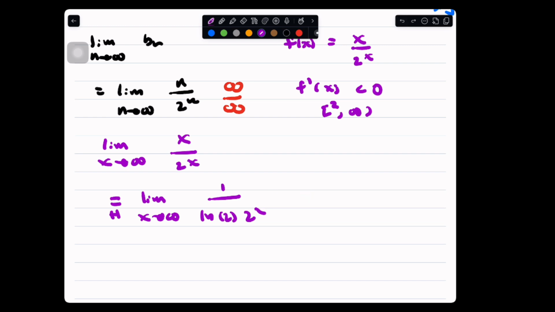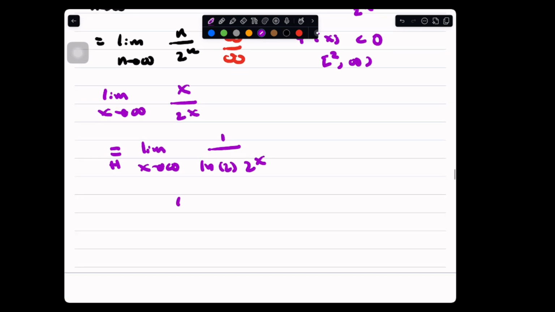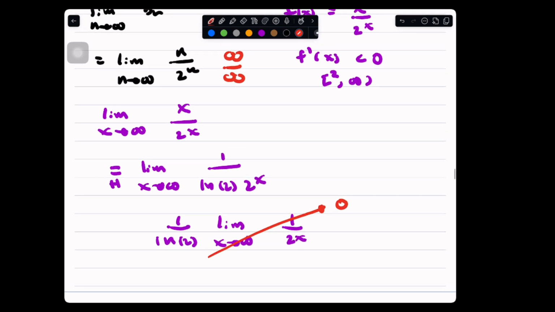So I can pull out my constant, take the limit as x goes to infinity of 1 over 2 to the x. We know this thing goes where? 0. You go, how do I know? Because the numerator is constant, denominator is 2 to the x, exponential growth. 0 times 1 over natural log 2. This is going to equal what? 0, which means